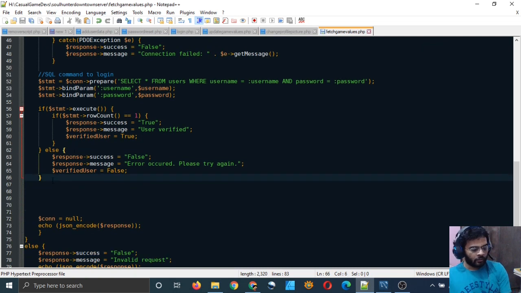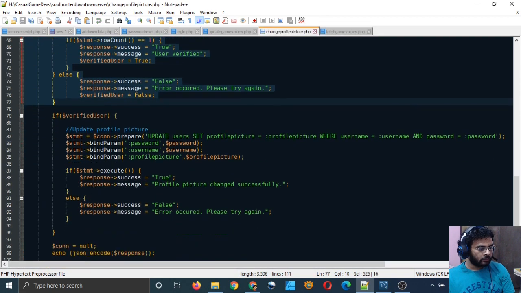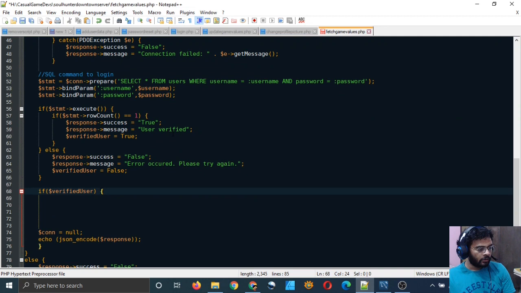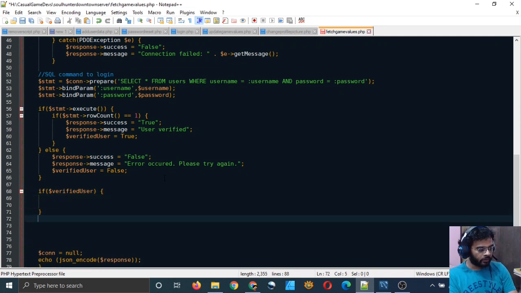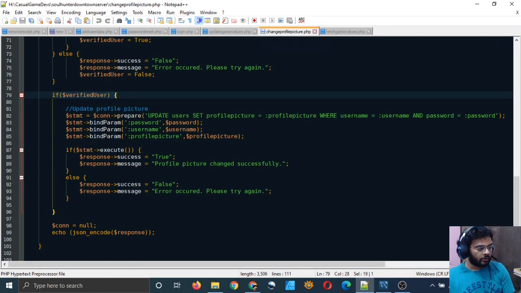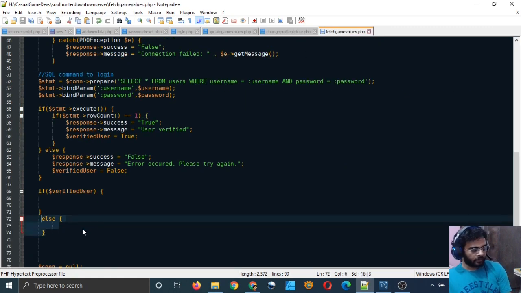Okay, and now we will also copy this condition and paste it here and close it also and put an else part. In the else part we will just write, oh there is no else part, so remove the else part for this.